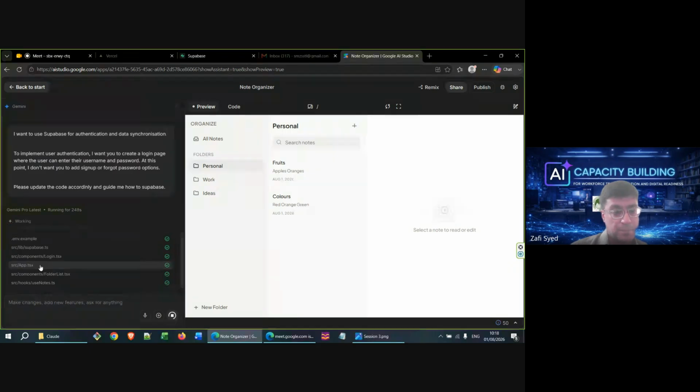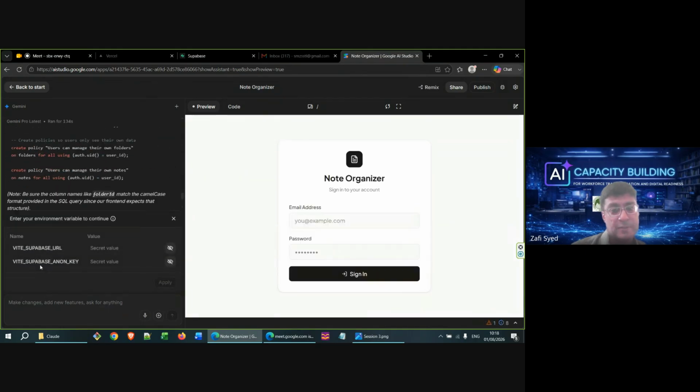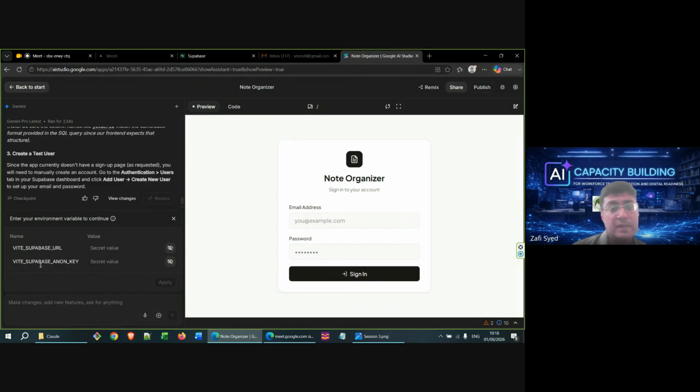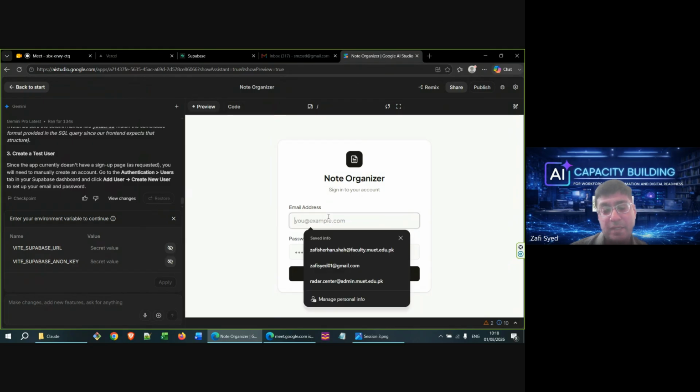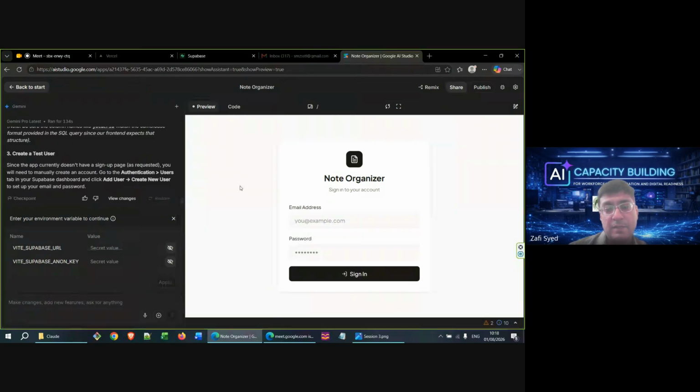So we should be getting the control back very quickly now. I think it's gone through all the necessary files. Right, so there we are. What it's done now is that it has created a login page, and with the login page, it just asks us to enter credentials.